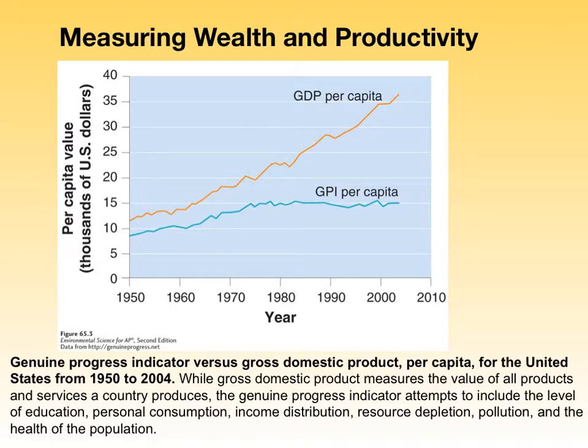If you look at this figure here, what you can see is that while GDP in the United States rose steadily from the 1950s through 2004, GPI has been virtually level since about 1980. A number of countries like England, Germany, and Sweden, we've recalculated their GDP using the GPI, and we have found that their overall wealth, when human and environmental welfare were all included, is actually steadily declining over the last 3 decades.